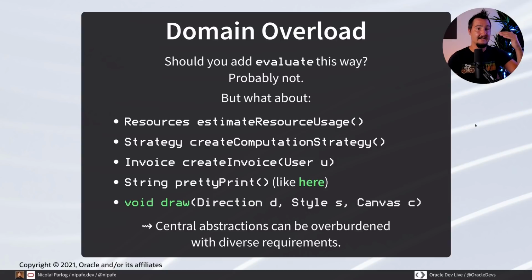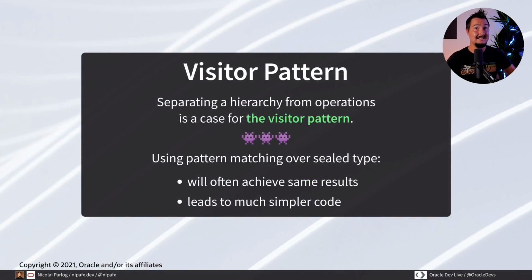You would have a type that basically has to know the entire rest of the system because it needs to know all these types like strategy and invoice and canvas. So that's not great. So a central abstraction can be overburdened with these requirements. And in those cases, you would usually use the visitor pattern,